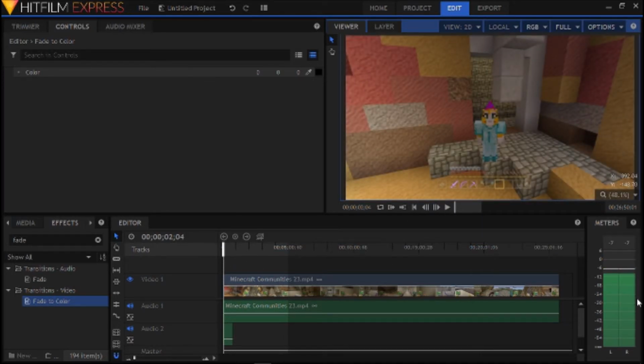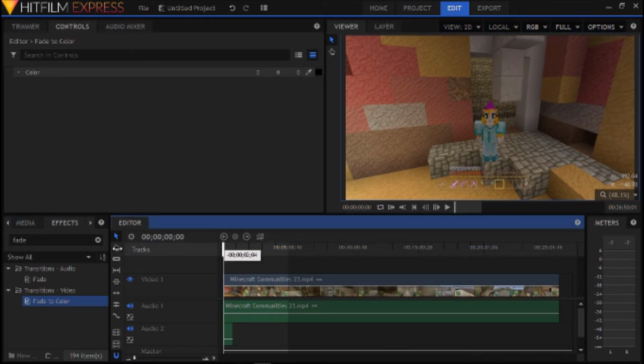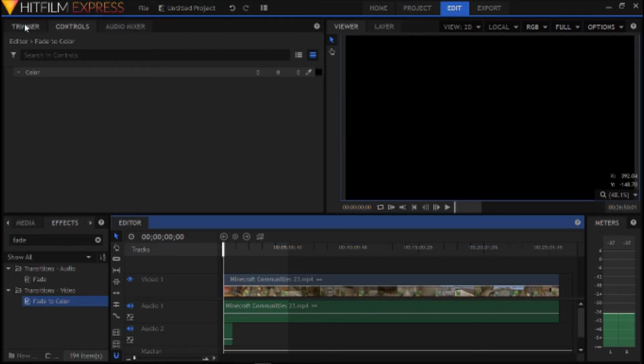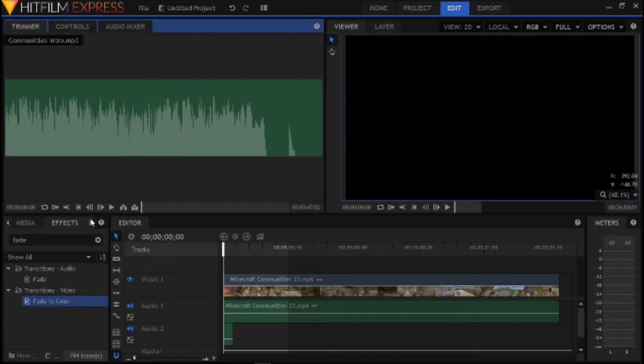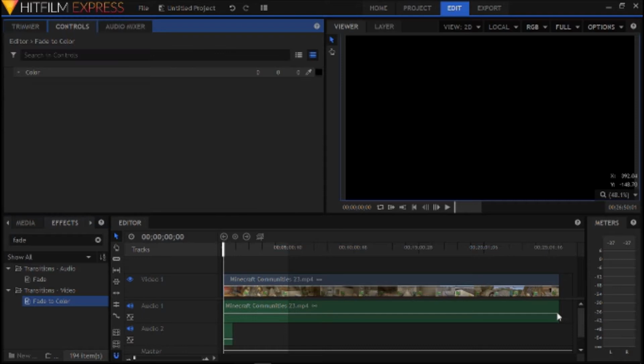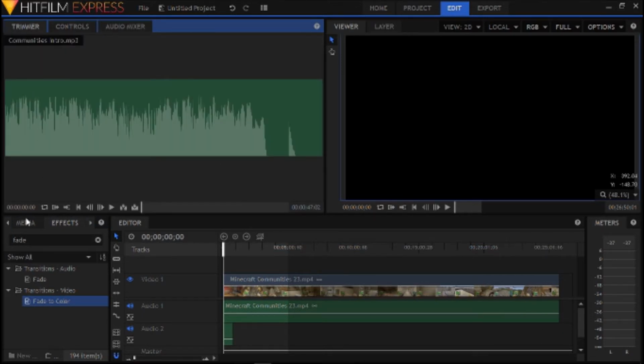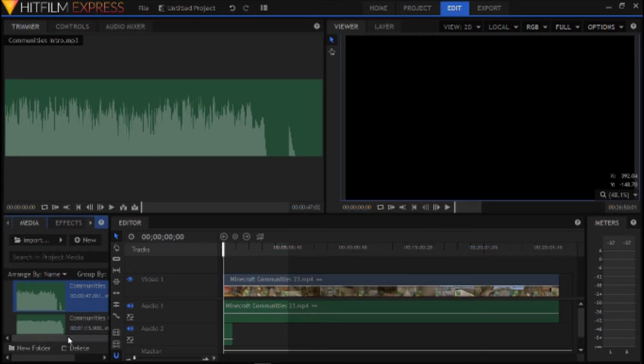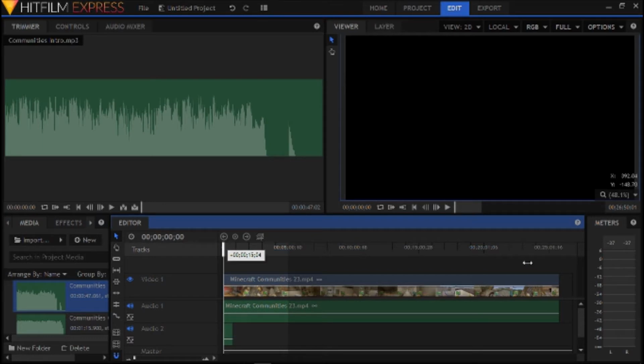Then along here is the amount of sound that's being made, and it obviously has left and right there, as it says along the bottom, represented by an L and an R. So just drag that backwards, and then I usually add a fade at the end of the video as well, and that'll have the same effect. And then I like to go back to trimmer and media, and then if we skip to the end,